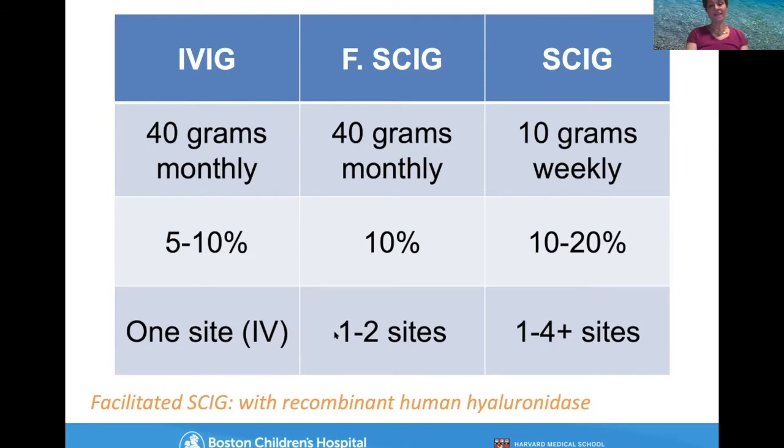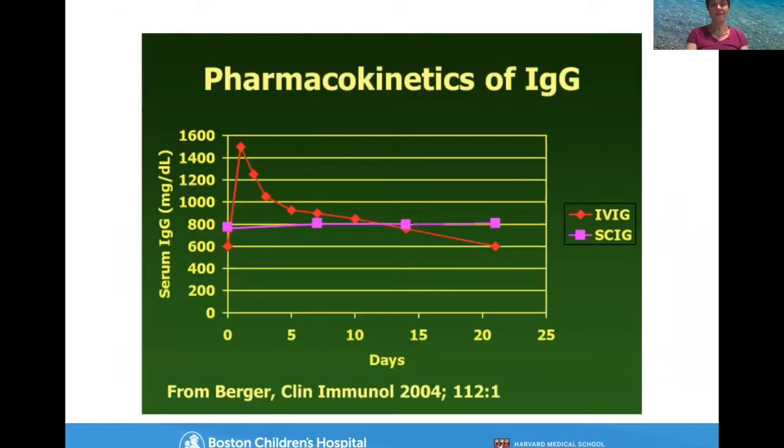As you can see, you can choose just the 1 to 2 size similar to IVIG with facilitated sub-Q and give the same amount pretty much monthly as opposed to the more often regular sub-Q injections. There is also how it works in the body. There are differences. That's why these need to be studied better, because we need to understand if giving IVIG,